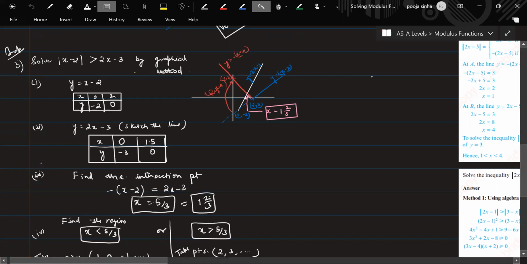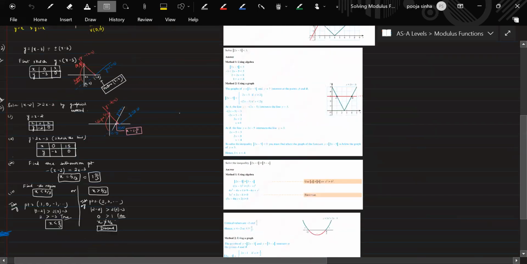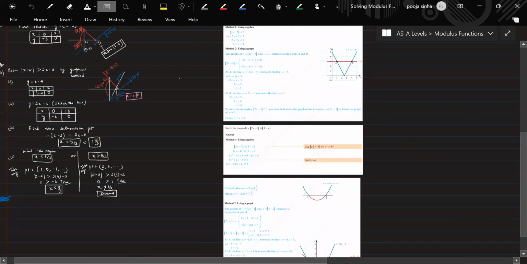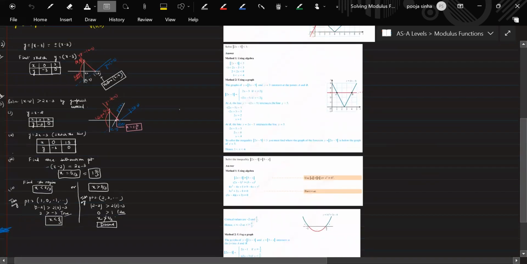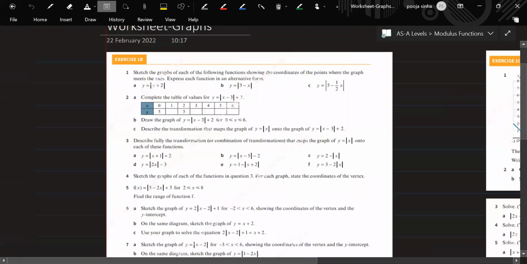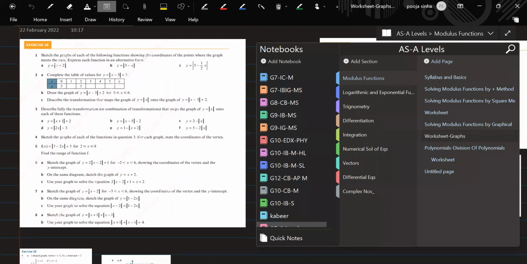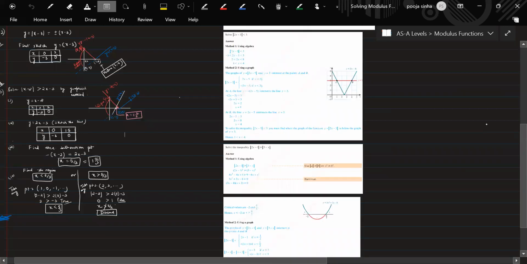Got it? Okay, so now these are a few graph questions which I will be sending you so that you can practice them first. Some examples, some types. These are examples, but I have a worksheet also for you. Do you want to take a look at the worksheet first? What would you want to do first? I wanted to do a few more questions before you start doing the worksheet. Otherwise, you'll get stuck. So you do the examples first. I don't want you to get stuck. Next week fully, I'm going to focus on